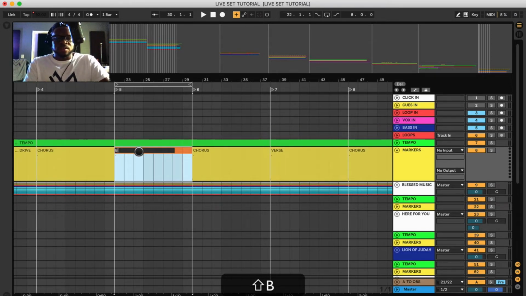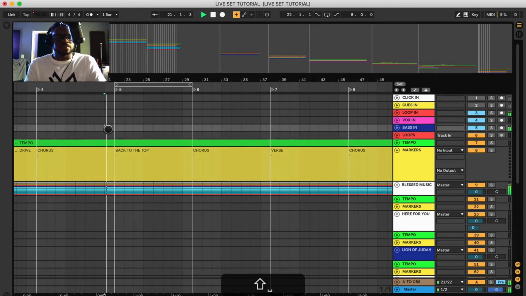And all I did was rename it. So I think that was the back to the top, and I set my colors out. And that's all I do. So when it gets to that section,